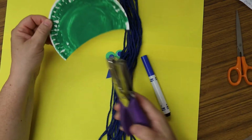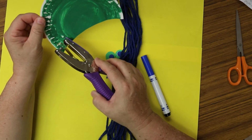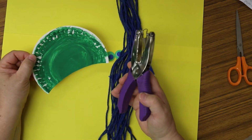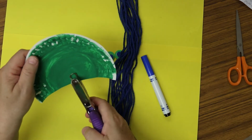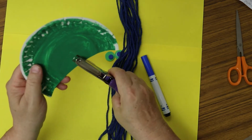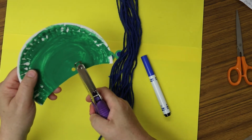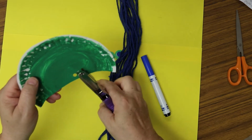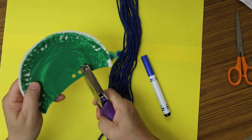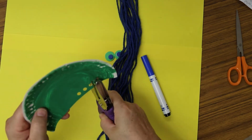And then what you're going to do is punch 10 holes into the bottom of this, making sure that you don't overlap your holes, because that's what we're going to thread this yarn through as our octopus's tentacles. So I'm going to start in the middle and just a little bit to the right of the middle, leaving a little space on the bottom so it doesn't punch through. So that's one hole, 2, 3, 4,